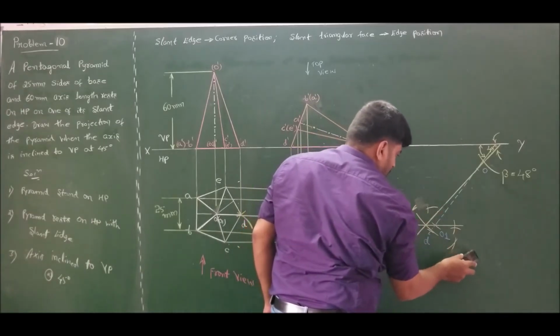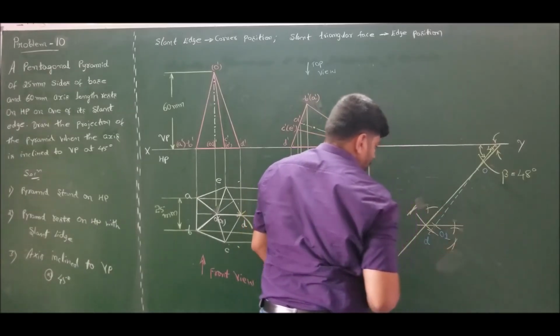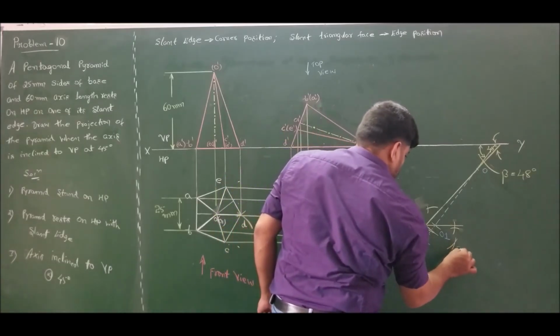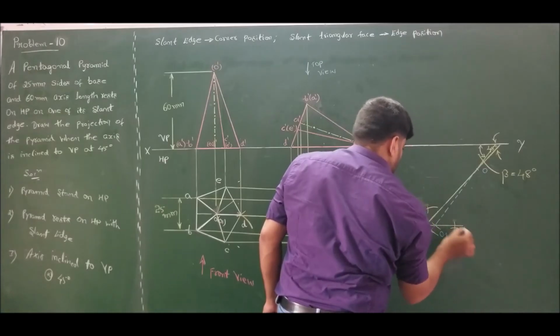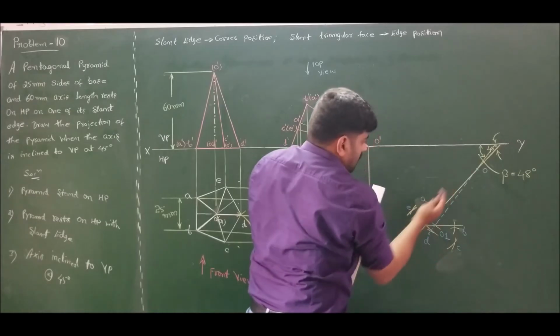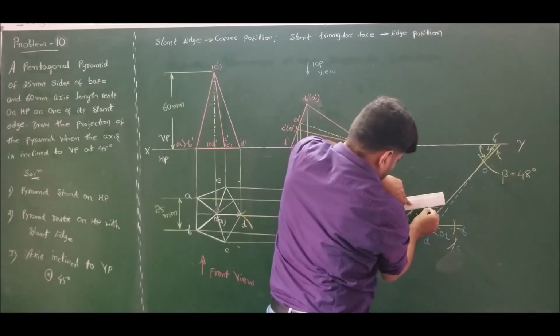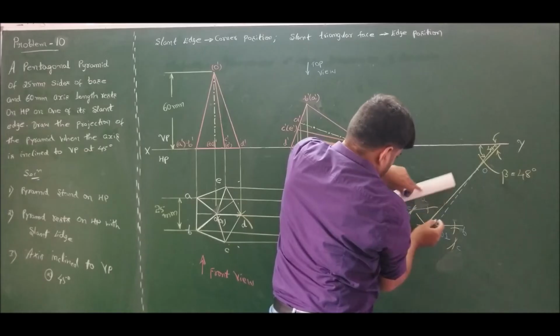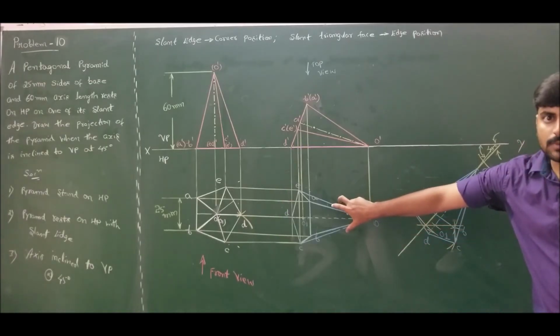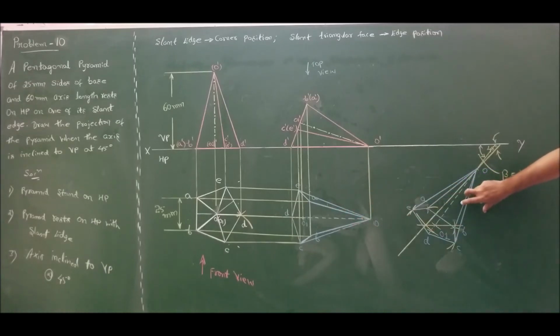Mark the corners which we have transferred. This is corner E and this is corner C, and also we have transferred corners B and A. Join all the corresponding corners and also the slant edges. This completes the transferring of the top view from the second position to the third position, in which the axis is inclined to VP at an angle of beta, which is turning out to be 48 degrees for this problem.